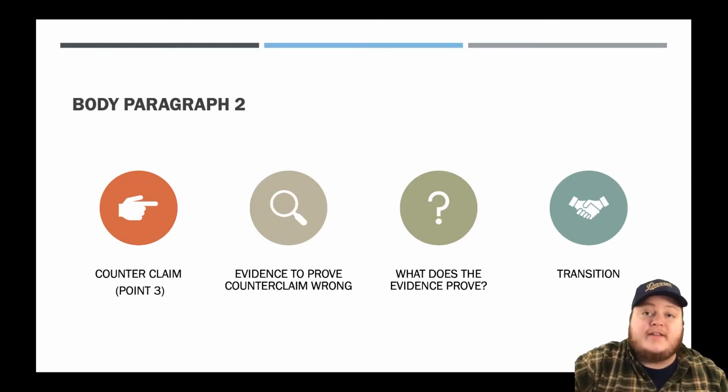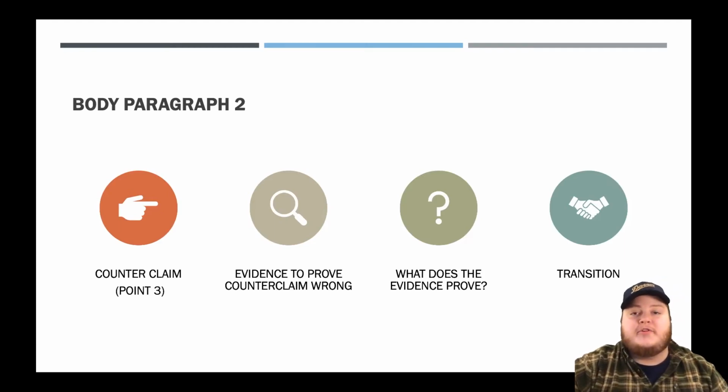And then finally your counterclaim, which is where you address why some people might disagree with your thesis statement. For the evidence that you're going to use, you should try to aim for 2 pieces of evidence for every paragraph. Make sure that that evidence is proving that counterclaim wrong. And then with the analysis, you're saying, how does this prove that the counterclaim that people are addressing isn't right, and in fact, your thesis statement is the correct one.